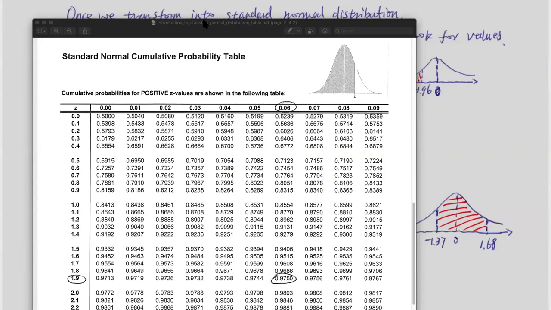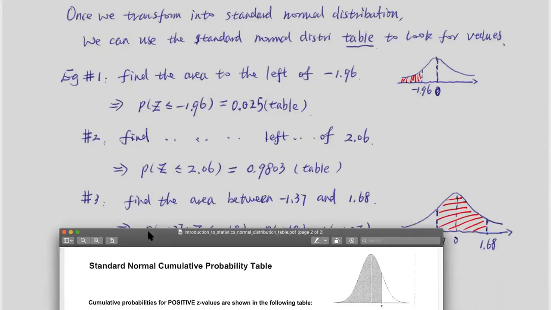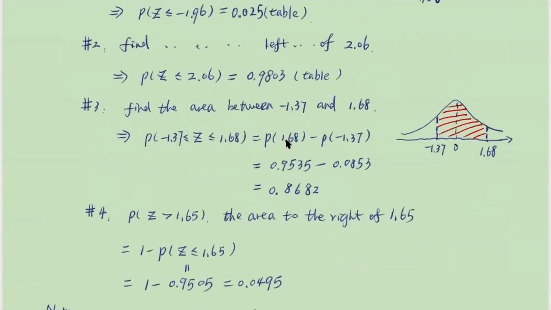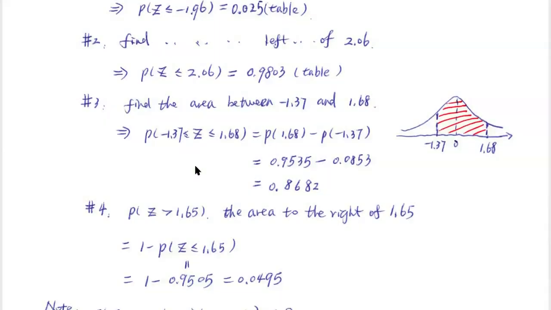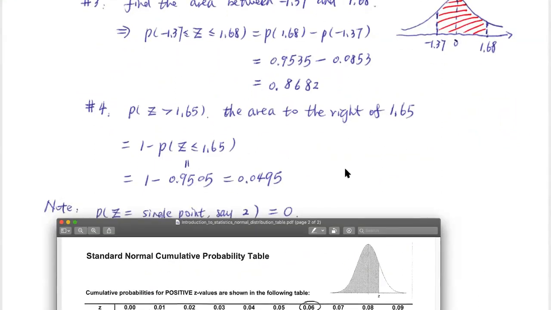So that's for this case here. I want you to understand that this table is always the probability to the left. Now let's see, we have this third example coming. How do we find out that probability? The third one and fourth one. We can cover number 4 first, since we are talking about the right. Everybody, we are asked to find the area to the right of